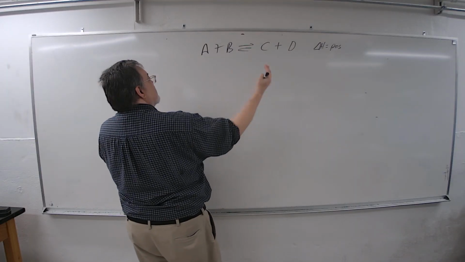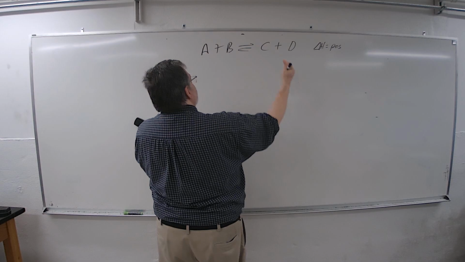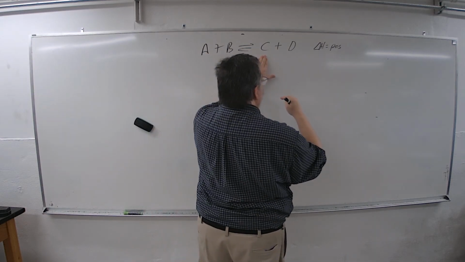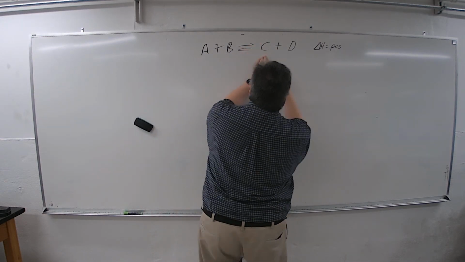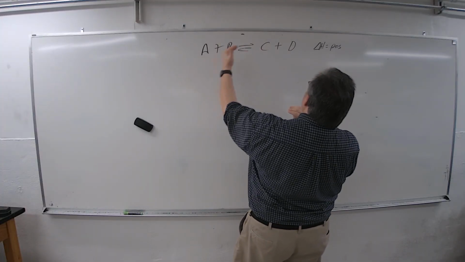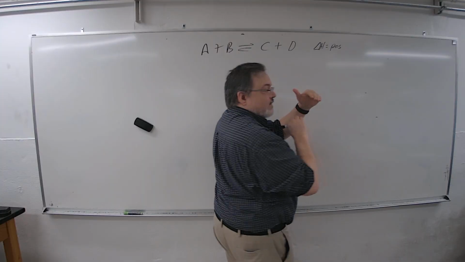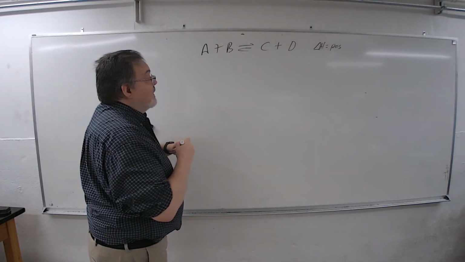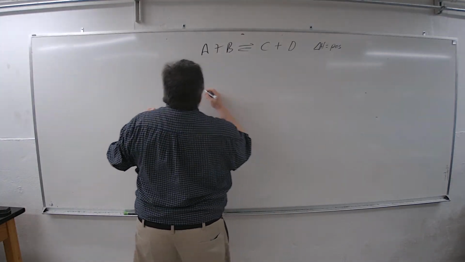So if I remove some A, it shifts this way. I remove some B, it shifts this way. It works the same way here. If I put some C in, it'll shift that way. If I take C out, it'll shift this way. That's for concentrations. When delta H is positive,